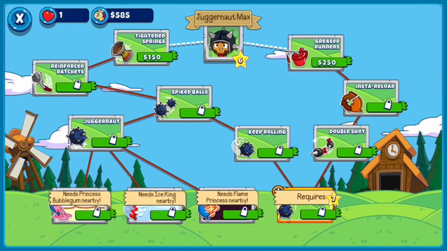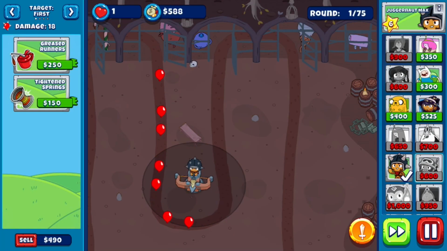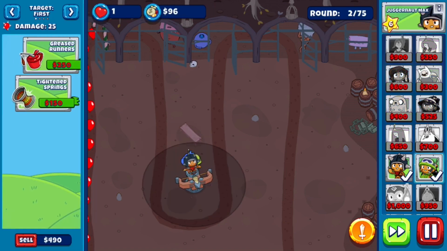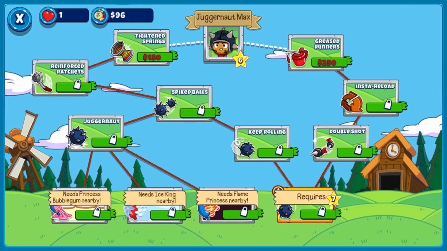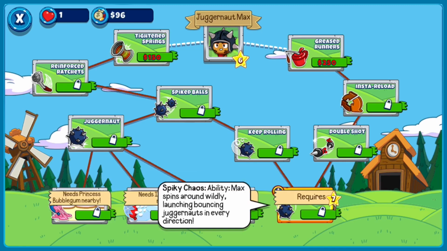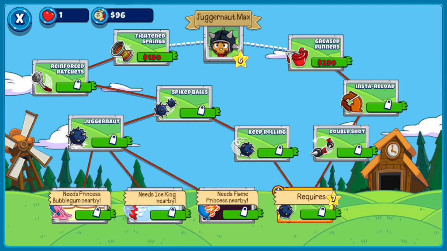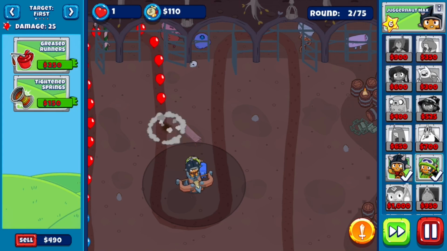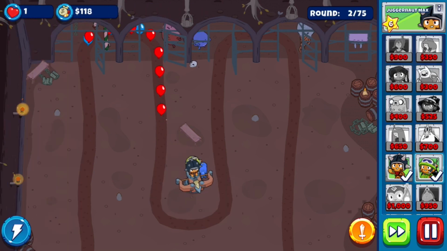Ultra Buff Juggernaut Max and Sai, they're gonna happen, but I'm having bad luck with their items, so it's taking a little longer than I would have liked. But apparently his level 7 thing, the rollback, I literally don't even see the upgrade. I think it's Keep Rolling. I think it's that one. No, it's this. Spiky Chaos, spins around wildly. Wait, no, it's Keep Rolling that you were talking about. One of you guys said that it does 120 damage. I'm not sure if that was a typo and you meant to say 12. But if it actually does do that much damage,